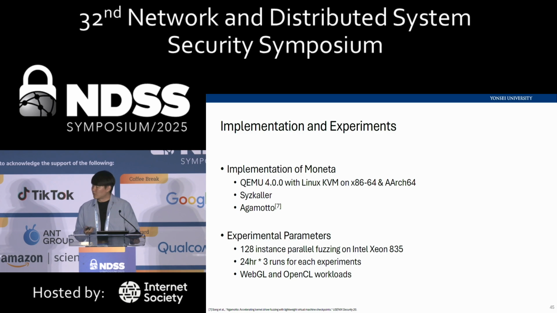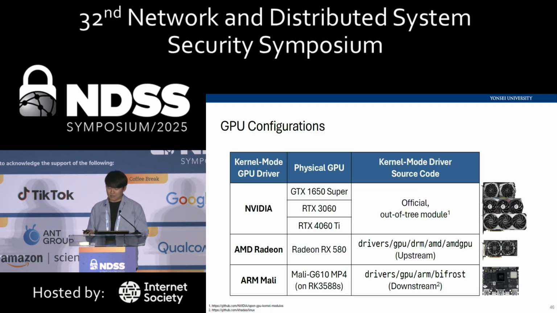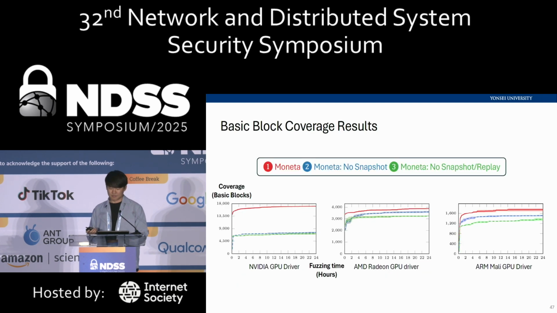And now, before we go into evaluation, I'll briefly go over our experimental configs. We implemented Moneta on QEMU with Linux KVM on both x86 and ARM. And we tested NVIDIA GPUs with 3 different architectures and 1 each for AMD and Mali. And these are our main basic block coverage results from fuzzing the GPU drivers, from the left, NVIDIA, AMD, and